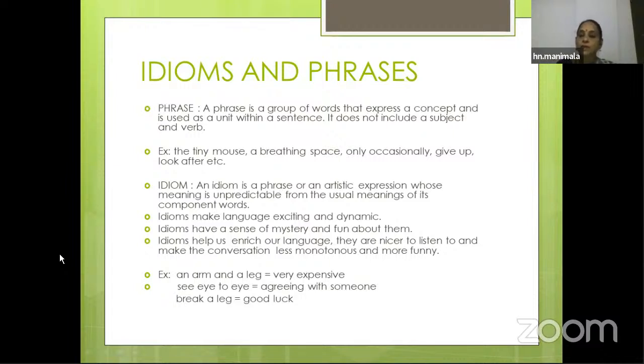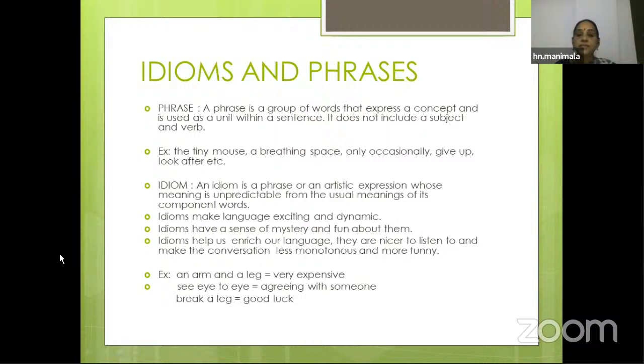In a sentence there will be a subject, noun, pronoun, all the parts of speech, in some order. A phrase is a set of words that together give one particular meaning. That unit in the sentence is called a phrase. It does not include a subject and verb. The subject will be there, but separate; the phrase will not include the subject. Verb here means finite verb. A finite verb will not be there. Maybe some other verbs may be part of that.